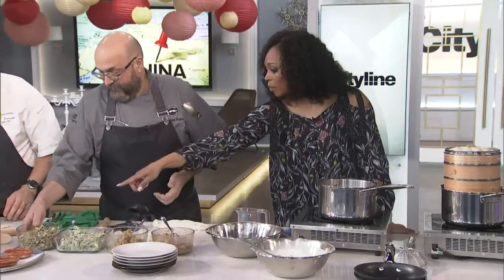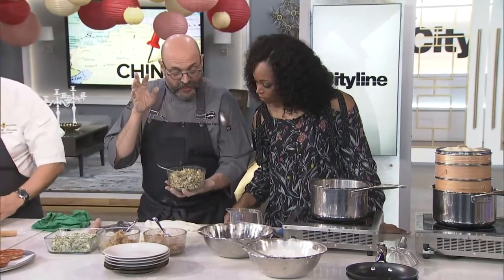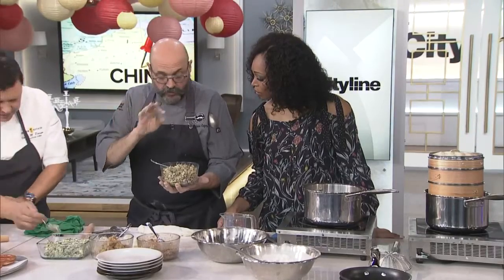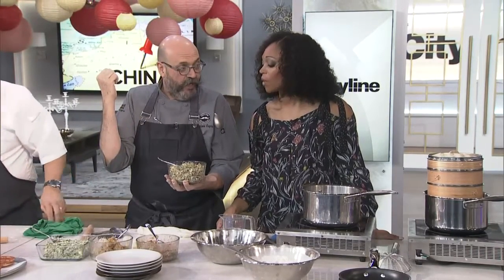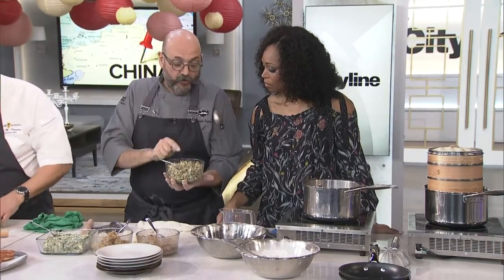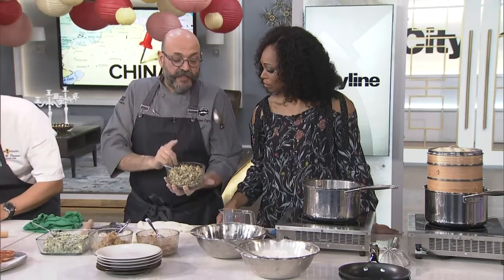What's in that one? In the vegan one here, there are Chinese chives, which are garlicky tasting. They're flat. You can buy them in Asian supermarkets, which is fantastic. You have to soak them in salt, just like the salmon before, just a couple of hours, and then rinse them out and really wash them very well. Rinse out all the salt, and then you do firm tofu, mushrooms, all chopped up very fine, and the bean